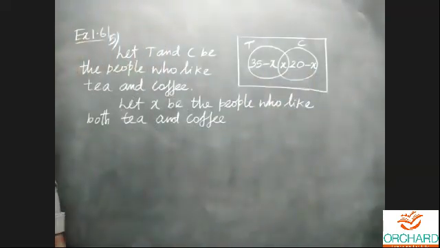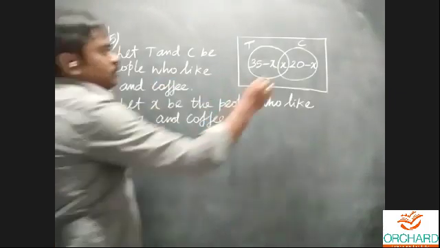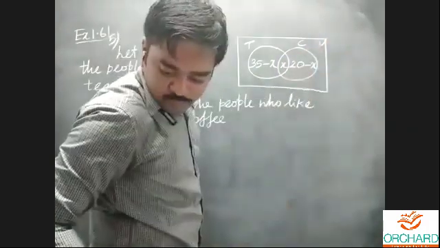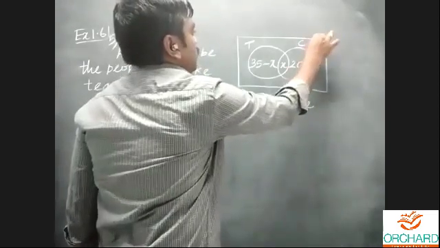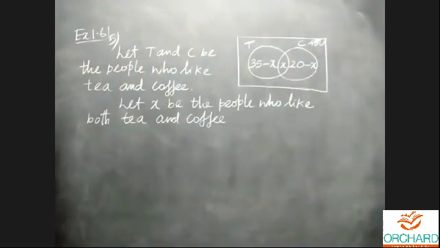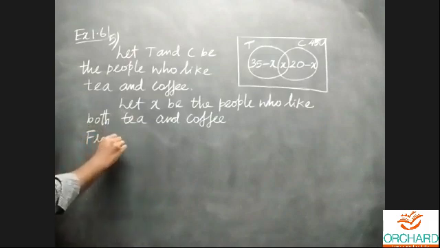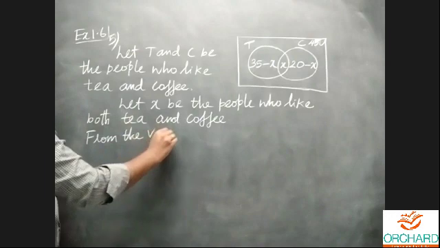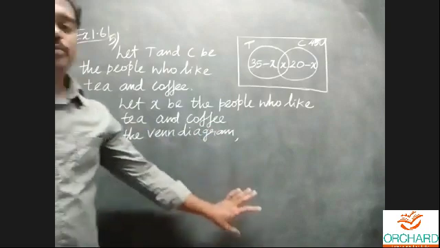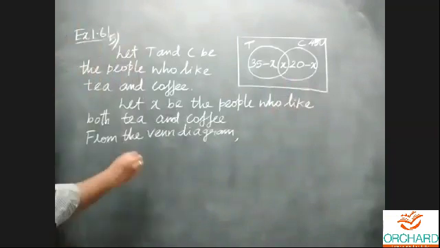Okay, how to find the answer for this problem? Refer to the Venn diagram first. How many people here? In total, 45 people. From the Venn diagram, how many people? Refer to the previous problem also. For the previous problem, we add everything and you get the total. But here they have given the total, and you want to find the X value.